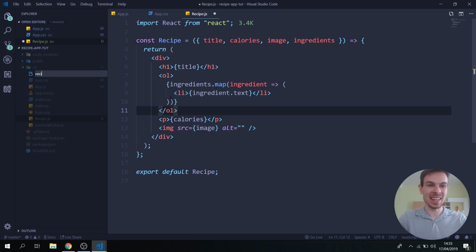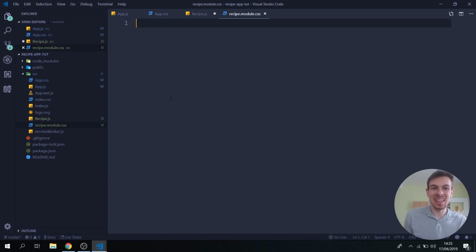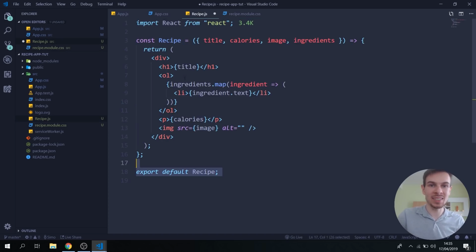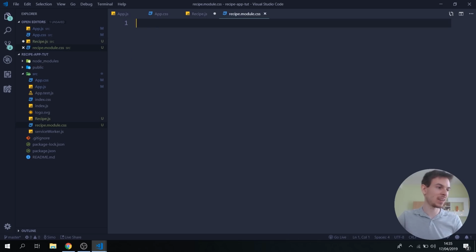So we can just create a recipe.module.css. And now again, all the CSS classes that we write in here will only be related to this recipe, okay? So let's go back here into our recipe. I'm actually gonna show you how we can add this. I'm just gonna create a recipe